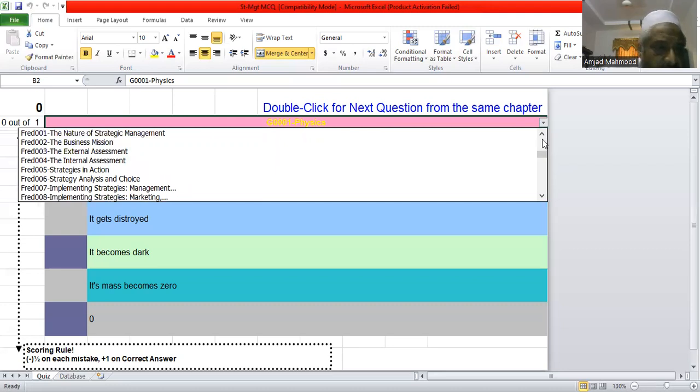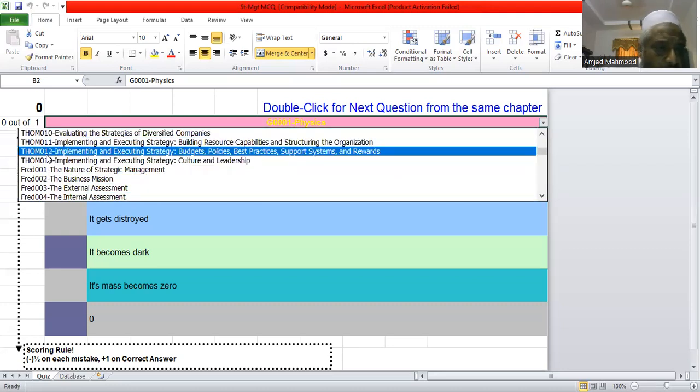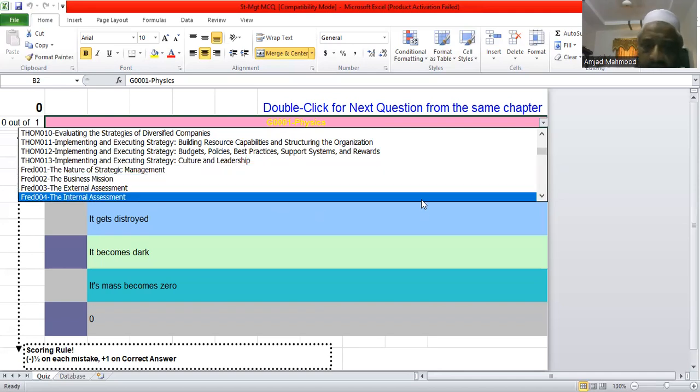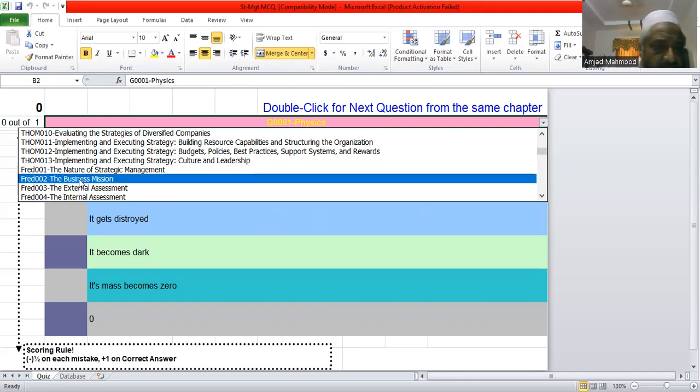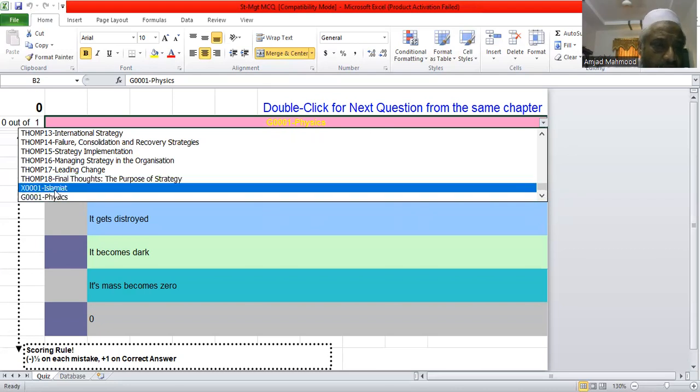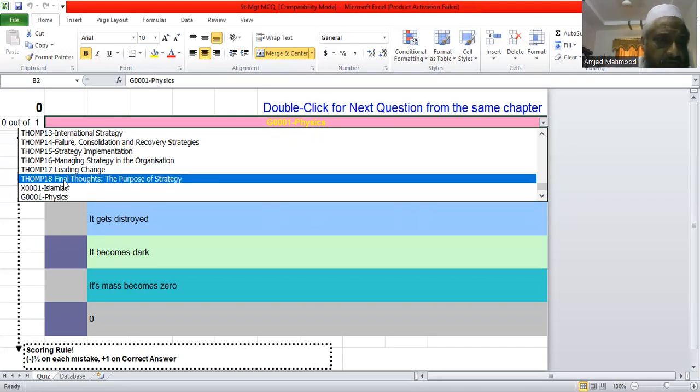The Thompson book had 13 chapters, and the Fred book was like this. And you can include so many books by yourself, of your choice, with the simplest method. There is no